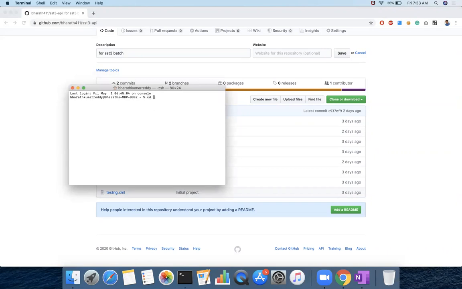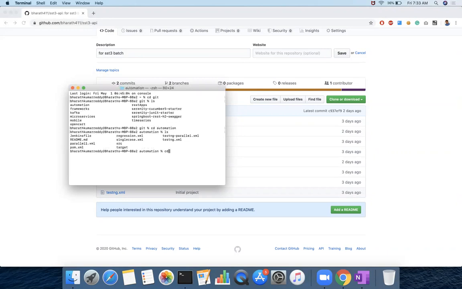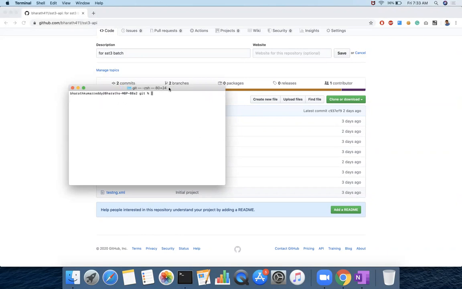Let's say cd, I'll go to a folder. I create a folder.